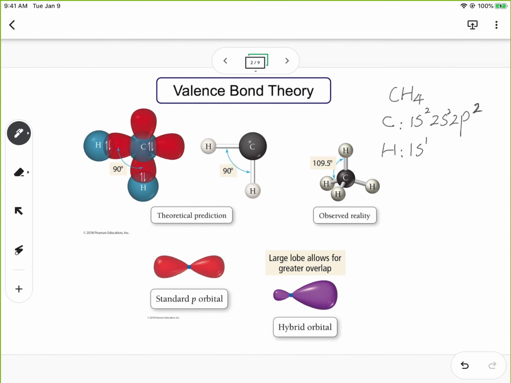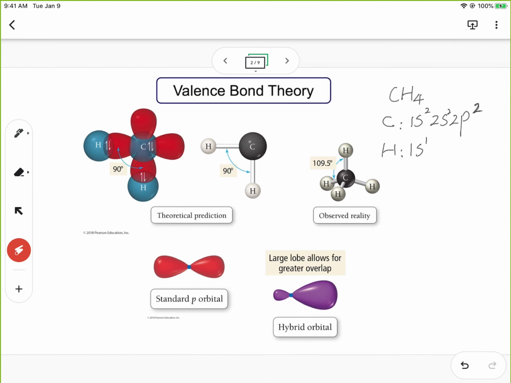And for carbon, the valence electrons would be 2s2, 2p2, 4 electrons. So you have 4 C-H bonds in this molecule. It's because you have 4 valence electrons, and you use these 4 electrons to share, to interact with the electrons from hydrogen to form